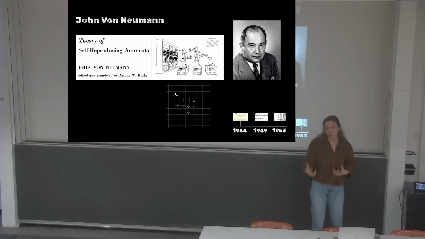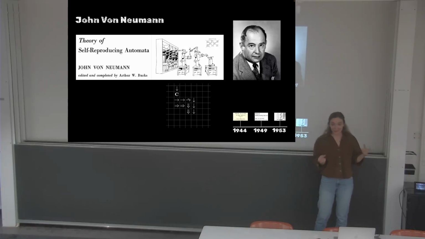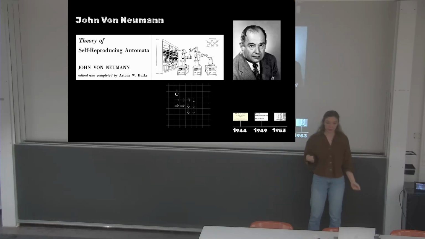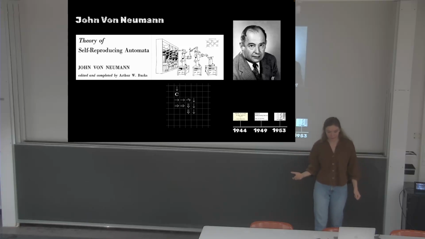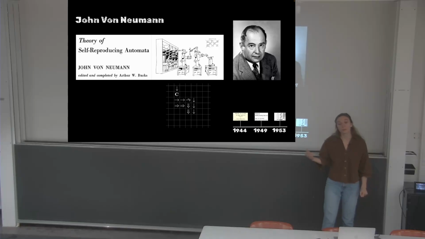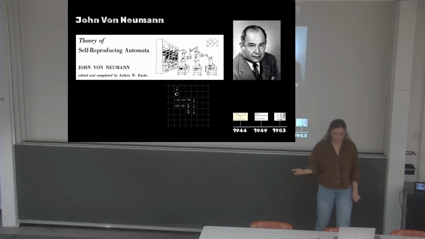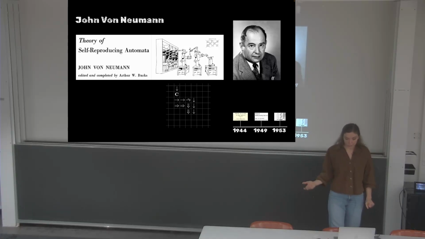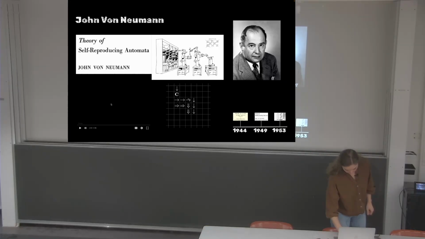But indeed, in this environment, he was able to build exactly the tape and exactly the machine of enough complexity to be able to actually build its own copy, and that copy also being able to create another copy and so on. It did take a while before this self-replicator was actually able to be implemented, because the original construction consisted of tens of thousands of cells, so simulating it at the time was clearly infeasible. So let's watch an example of such an implementation.